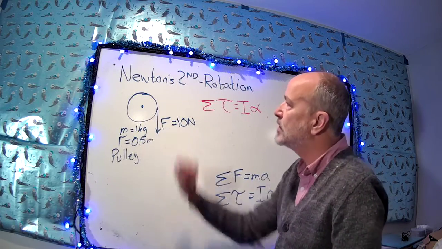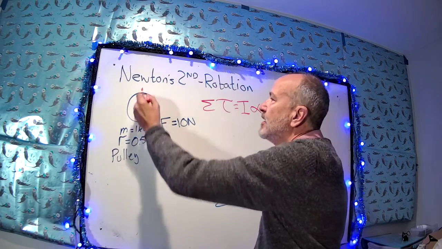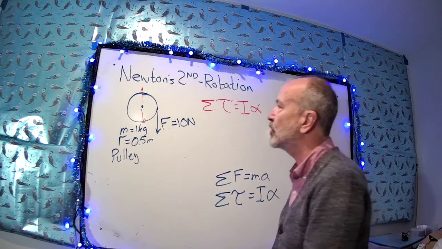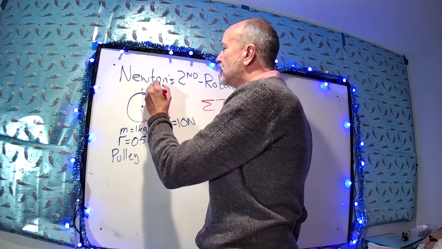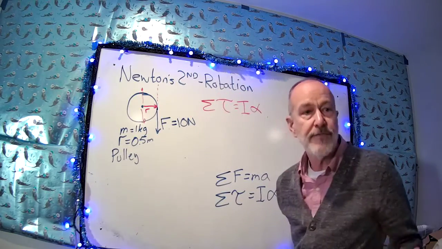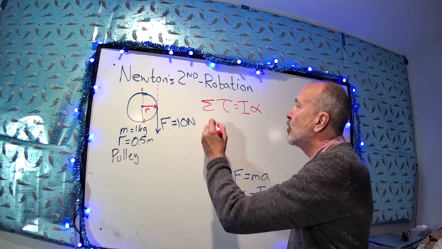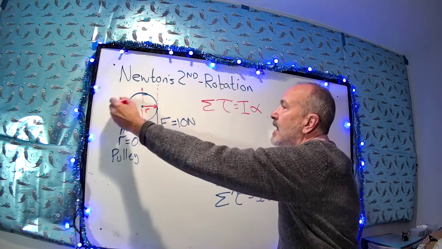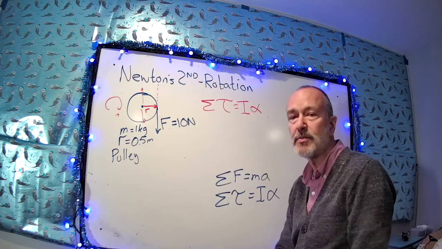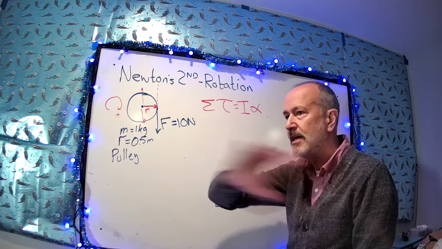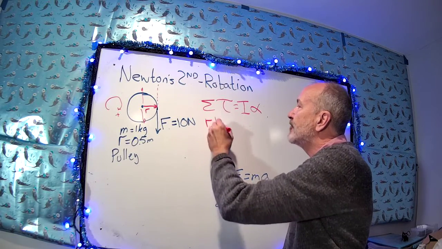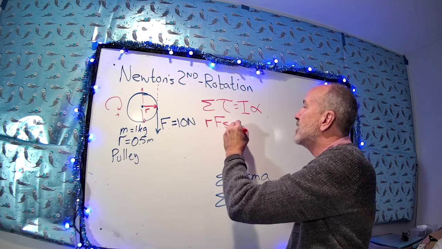Well, there is only the one torque, only the one force. Once again, we have mg down, we have normal force up. This is the one force that causes a torque. And if you think of it, the perpendicular distance is just the radius of the circle. So we end up with the torques. This is the only torque. And I'm going to call this direction positive. Now, the convention is generally counterclockwise positive, but I'm overriding that just so I don't have any weird negative signs going on, okay? So R times F times the sine of the angle in between, sine of 90,